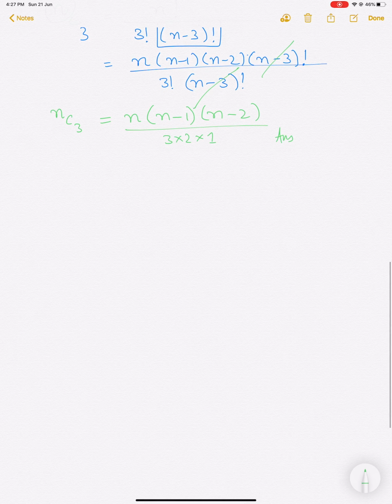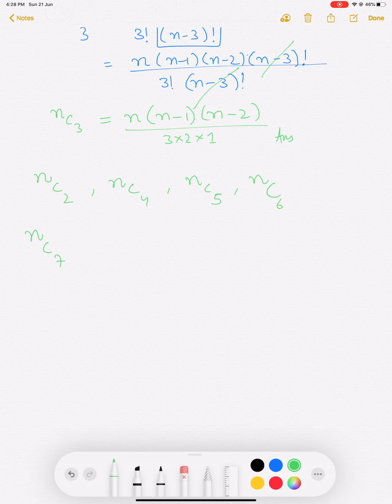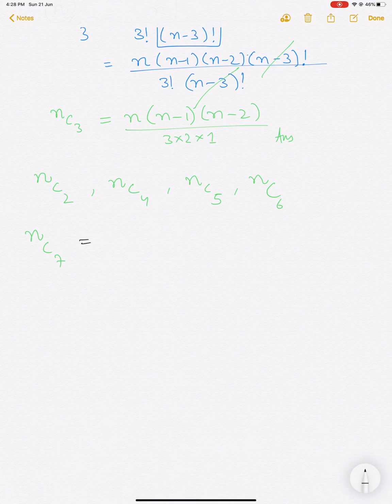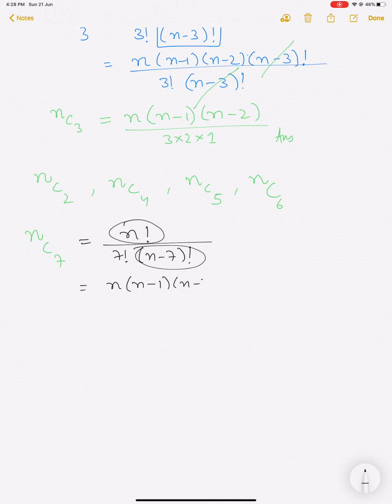So before you go further to your past paper question or the example question I opened earlier, you can practice nC2, nC4, nC5, and nC6. I am doing nC7 for you. So I can do n factorial over 7 factorial and (n minus 7) factorial. I can open it because this number is greater and this number is smaller. So I can expand the greater number as n into (n minus 1), (n minus 2), (n minus 3), (n minus 4), (n minus 5), (n minus 6), and (n minus 7)